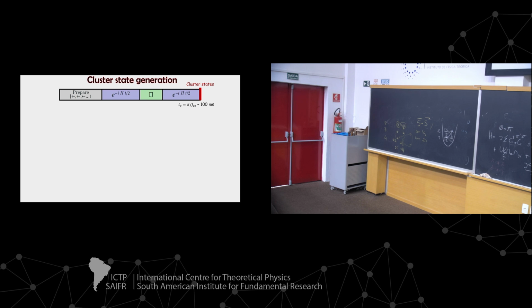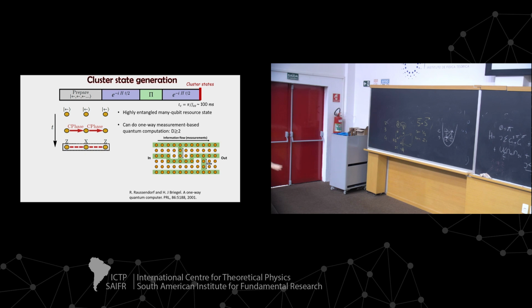At this time, you create a state where you start everything along the x direction, and when you evolve until this pi, you are applying CZ gates consecutively between each of the particles, and this state is supposed to be highly entangled. So entangled that if you have a system that is not 1D or 2D but 3D, it is a universal resource for quantum computing. And what they propose in this very famous paper by Briegel is that if you create these cluster states, you can do any gate